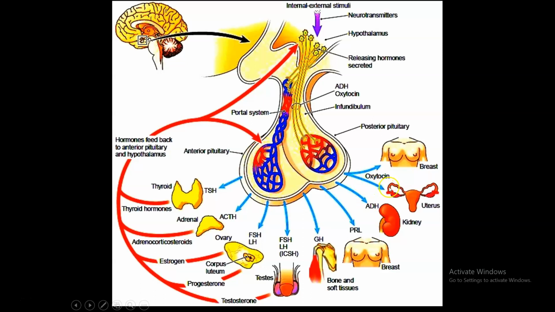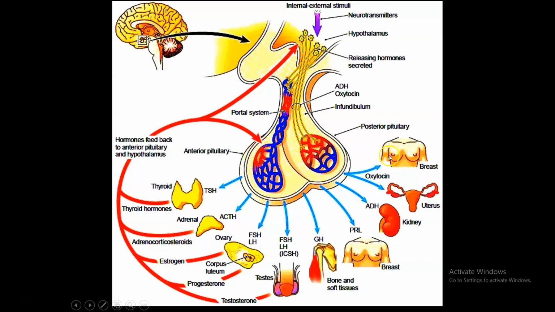Oxytocin is important for uterine contractions during delivery and during orgasm, and for contraction of the myoepithelial cells of the basket cells surrounding the acini of the breast to expel the milk. They are stimulated by sucking of the nipple, oxytocin, contraction of the myoepithelial cells like muscles, expelling the milk